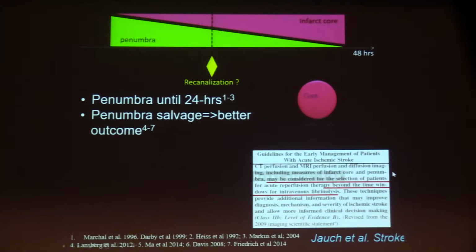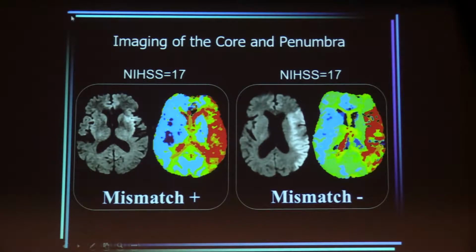A few years ago, there was no mention at all in the recommendations of the use of perfusion imaging, whether CT or MR. Now, it's written that perfusion may be considered for the selection of patients beyond the time window for IV thrombolysis, and of course, beyond the time window for thrombectomy as well. The idea, as you all know, is to be able to image the core and the penumbra, being the area that's hypoperfused, so that looks red on these time maps, and that is larger than the area that is bright on diffusion, the bright area on diffusion corresponding to the infarct core.